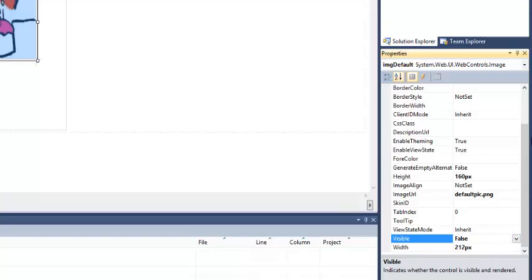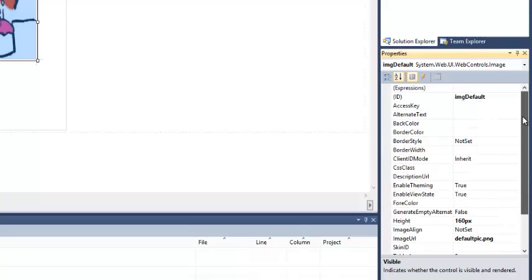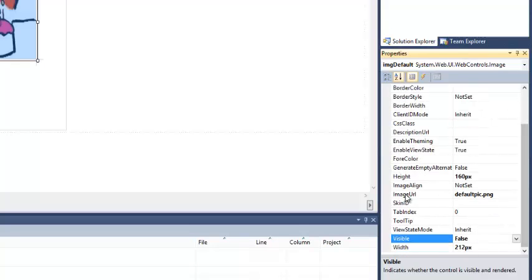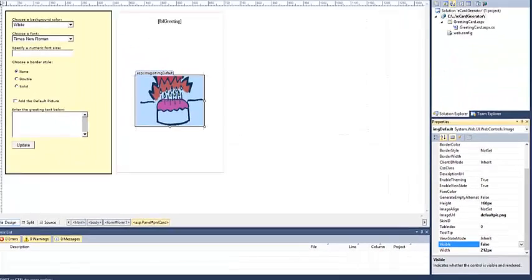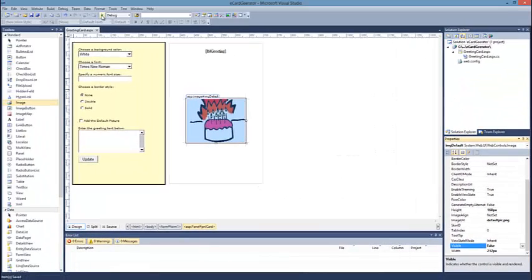Now that's it. This is for the properties of the image that we changed: the ID, width, height, and we specify the image that we will use, the default image. This is the image, and we change the visible property to false. So we will save our work. Then we run